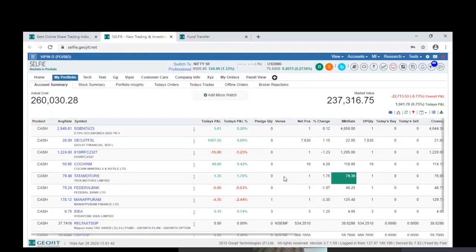So you can log into your bank portal, any bank portal you can log in. You register our pay, you register the details of Geojit there, and then you can initiate the transfer. But as I mentioned earlier, the fund transfer options like UPI and payment gateway are very fast, whereas NEFT and RTGS are not so fast.